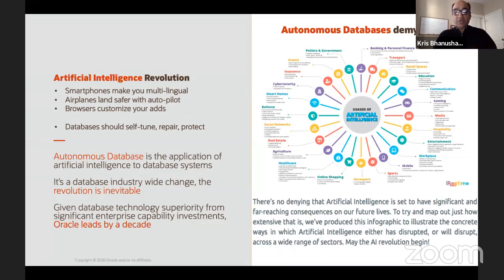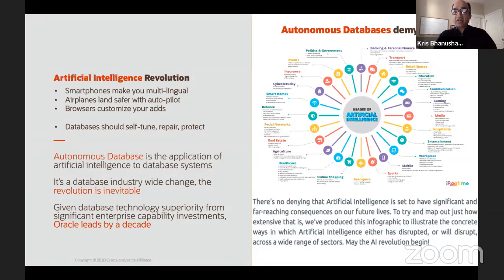We've been in the database business for a very long time, over 3 decades. People familiar with the Oracle database understand that it's always been about innovation, and we lead the market by a long shot in terms of the innovation that we bring to the database platforms.